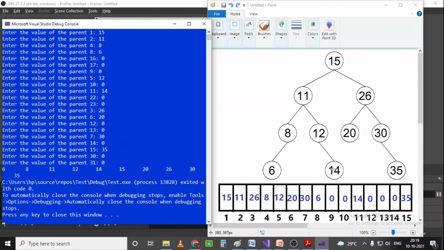Remember, we are evaluating for in-order traversal. So from 14 it comes to 15, and 15 is printed, and then it goes to 20, 20 printed, 26 printed, 30 printed because it doesn't have a left child, and from 30 it prints 35. So we have got the output correctly for the in-order traversal, and we will also get the output for pre-order and post-order just by changing the program slightly. So this is the implementation of linked list based binary tree traversal.